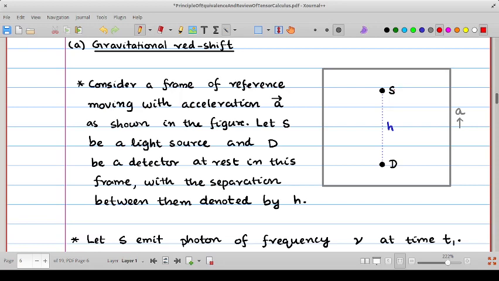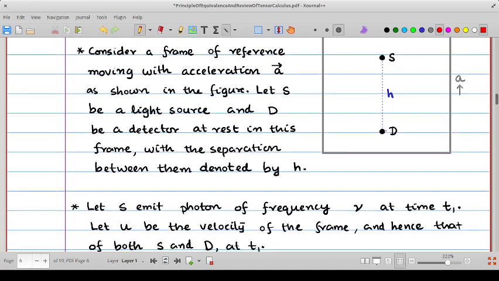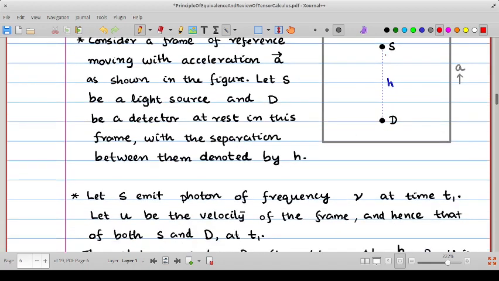and let S be a source of light and D be a detector of light. Both of these, S and D, are at rest in this frame of reference, and they are separated by a distance h. Now assume that S emits a photon with a frequency nu and D observes it. Let the time at which S emits a photon be t1,